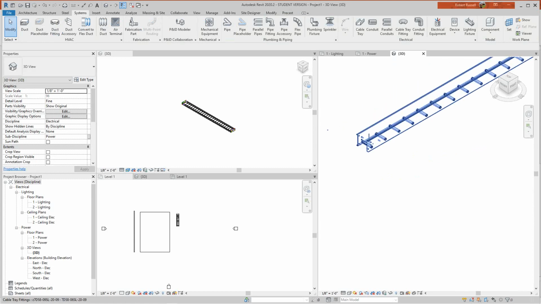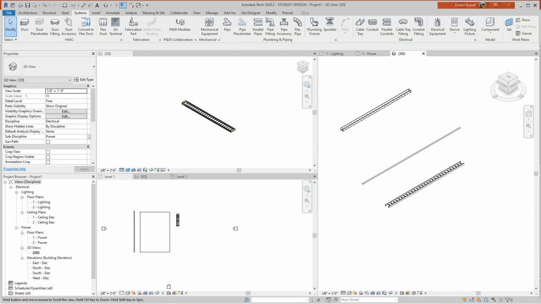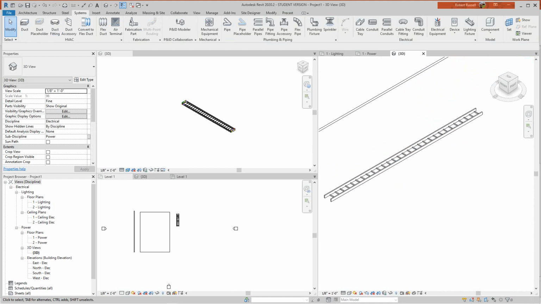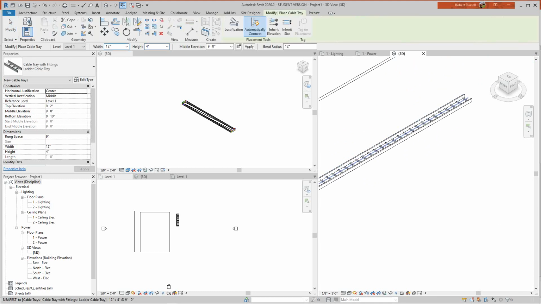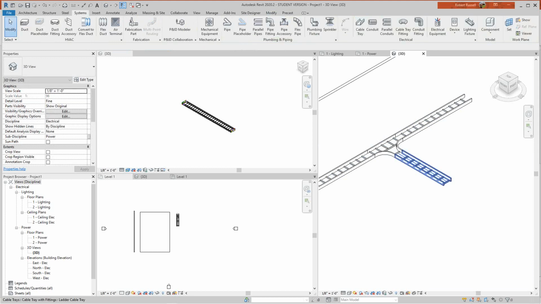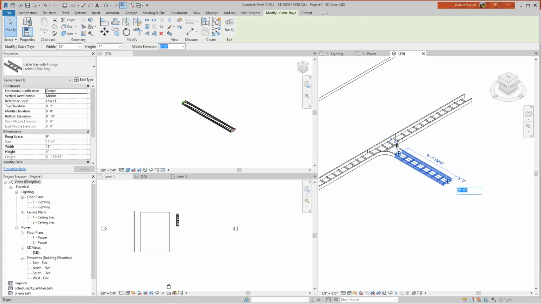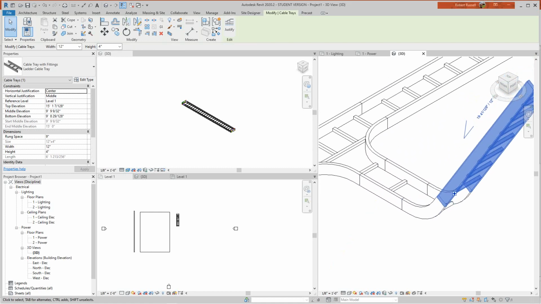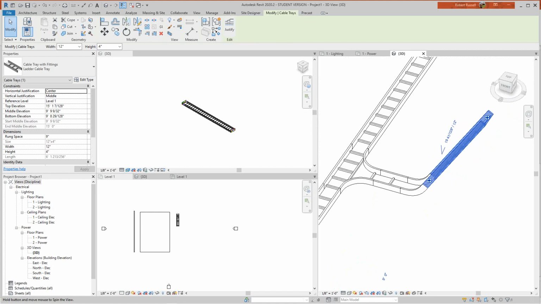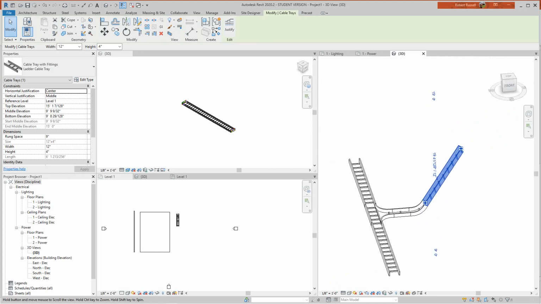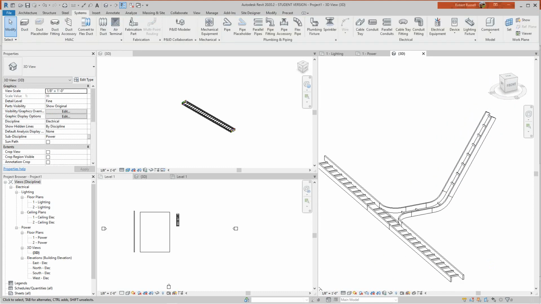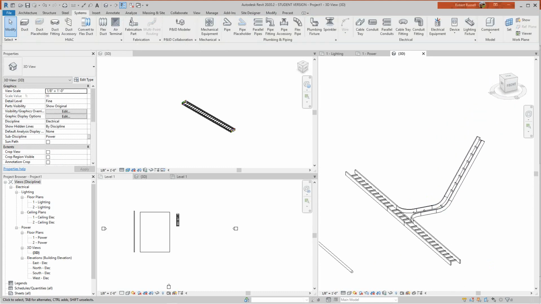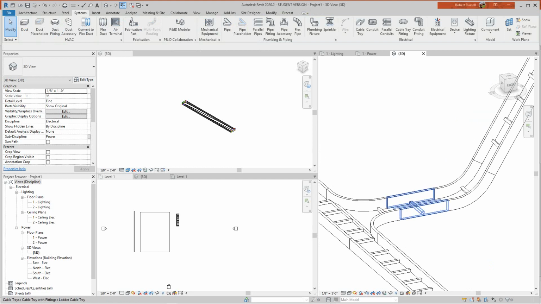You can make loadable for the detail and you can do a few things with it, but over here with the system family that's hard coded into Revit, you can do things like automatically add fittings. You can change elevations. It's taking them up to 15 feet. And it'll automatically add fittings. So that's the beauty of the system family. See, system family, Autodesk owns, and they basically make this hard-coded into the program. You know, we can manipulate things like I've done in the past, change size, but you really can't